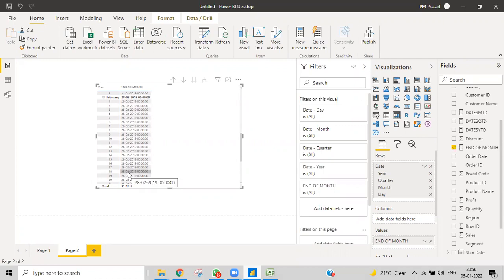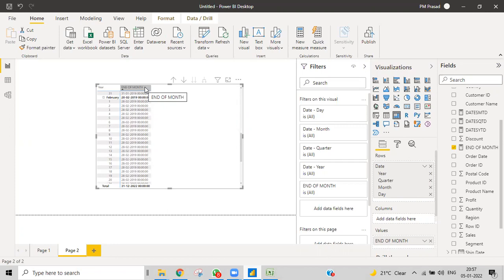So when we use this, maybe in some other cases, whenever we need to find the end of month, we can use this. It's not that we use it simply like this, but whenever I have a date, I may need to know how many days are left in that particular month, the number of days left to the end of the month.